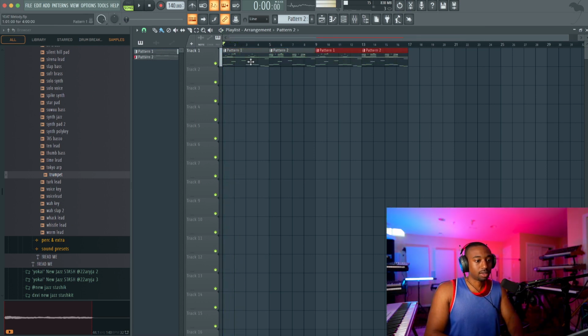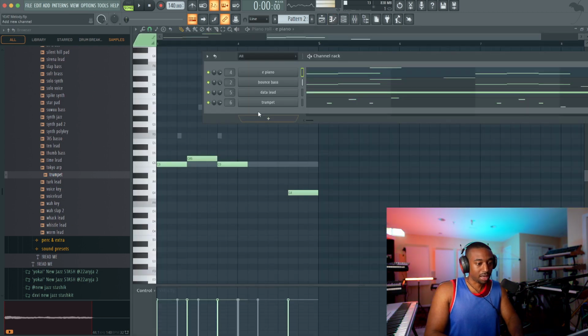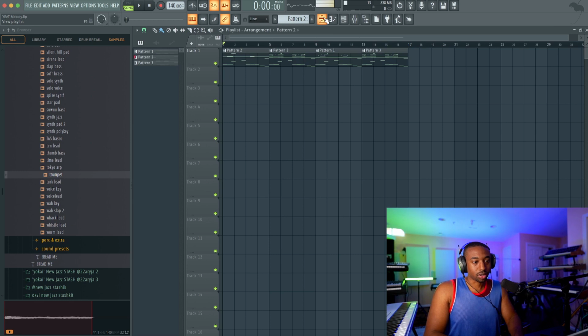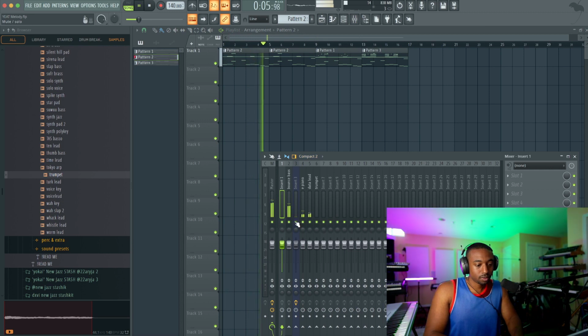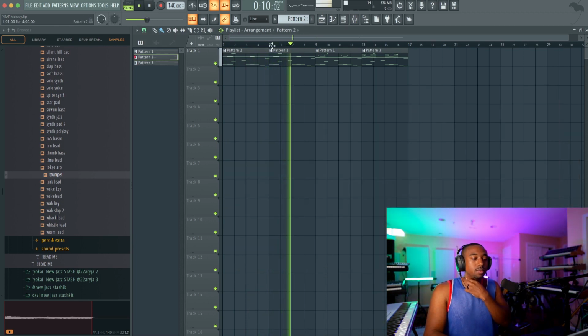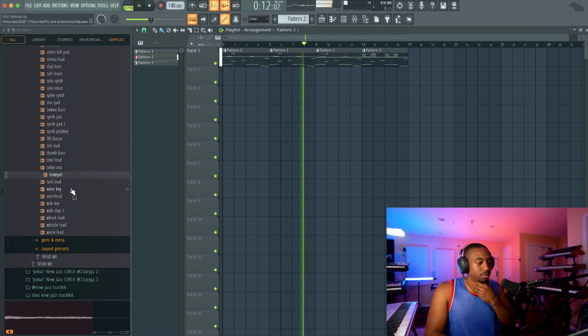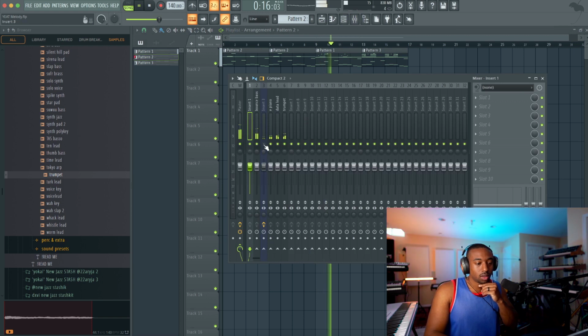So let's take out the trumpet in the first part, because that wasn't like a main thing that I wanted, more so to show you. You could also pitch bend your bass.